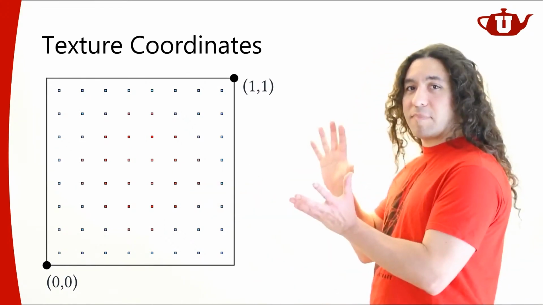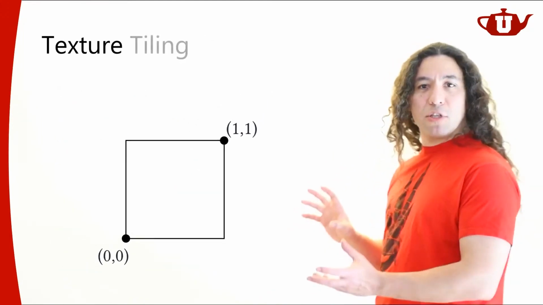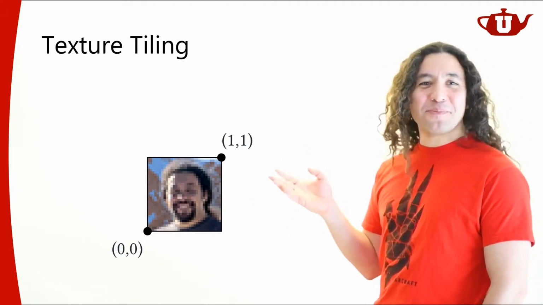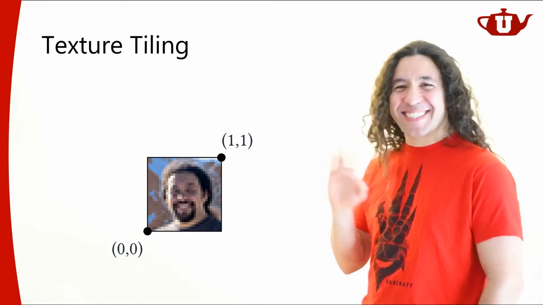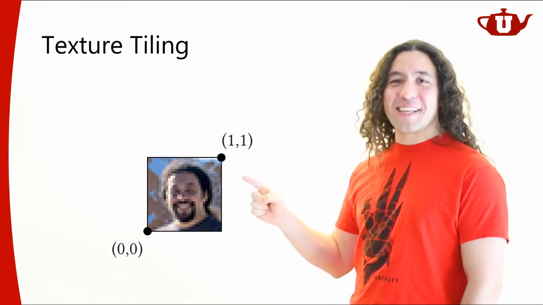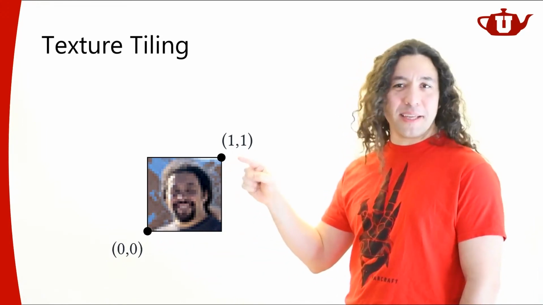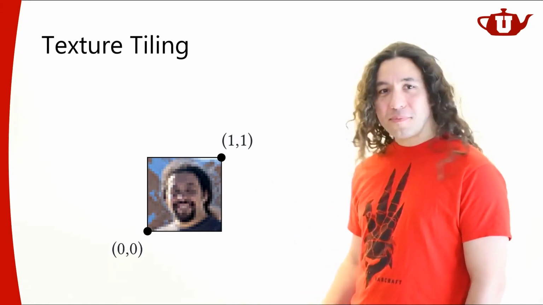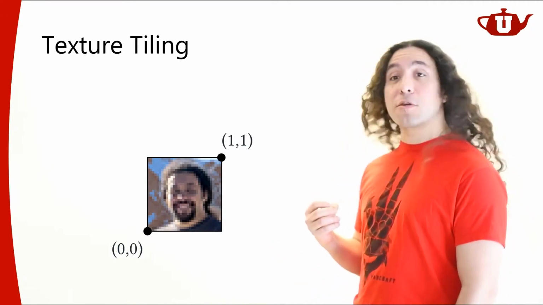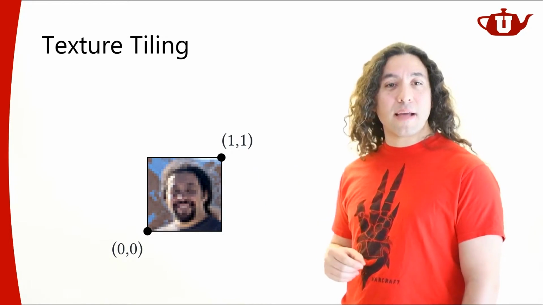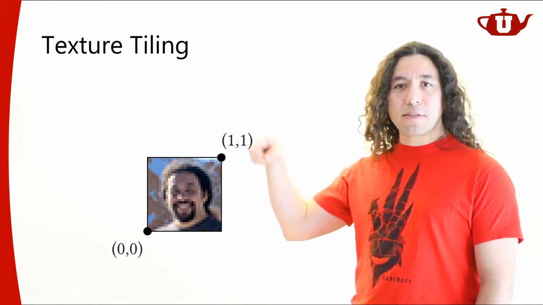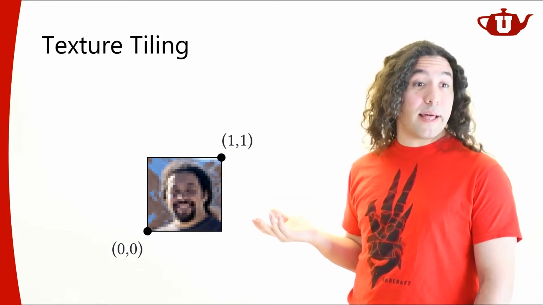All right, so let's take this and move this image over here. So here's my texture. I mean it's just whatever. It's a texture. And this is at the 0, 0 point, and this is the 1, 1 point at the corner of the texture. Now, the first question is, what happens if I specify a texture coordinate that is outside of this nice domain of 0, 0 and 1, 1? If I pick a point that's outside of this square, what happens then?